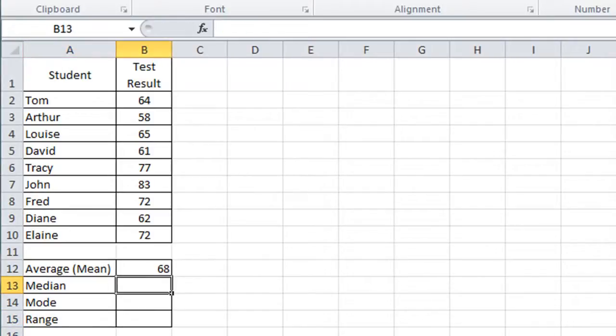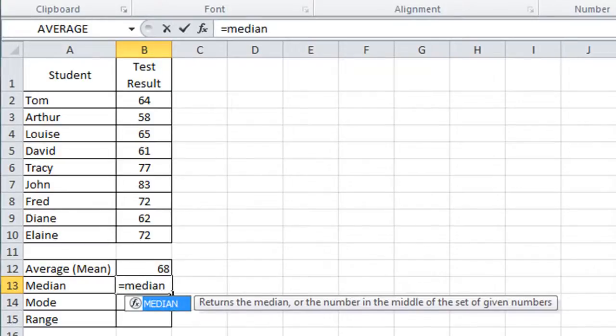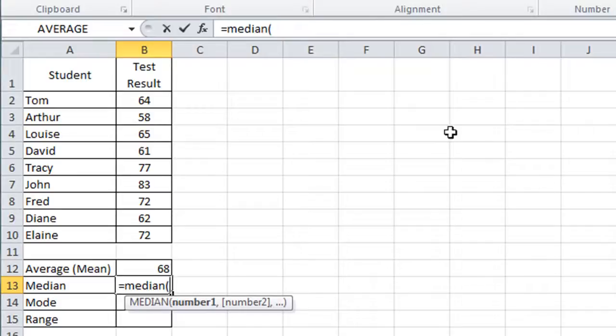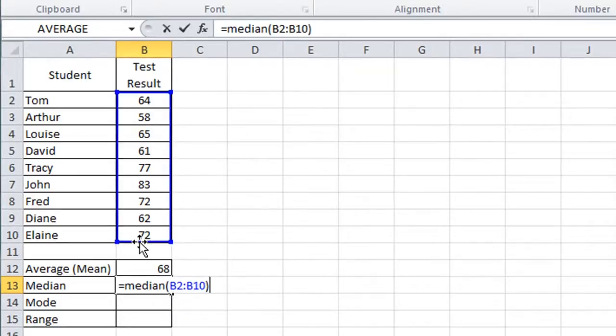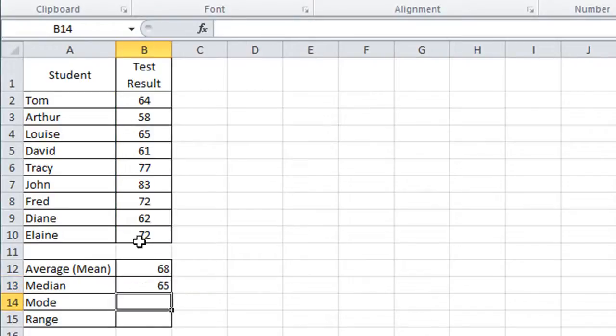So the median basically finds the middle value in a list of numbers, and just like a regular function we type equals median, again open the bracket there, click and drag down to select the values, close up the bracket, press enter, and we find the middle value is 65. The middle number is the middle value when the numbers are arranged in that order. So although 65 is the third one in the list, it is actually the middle value when the numbers are